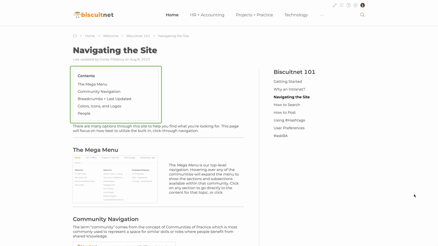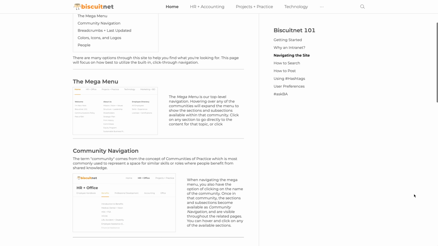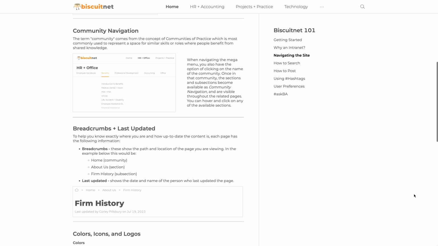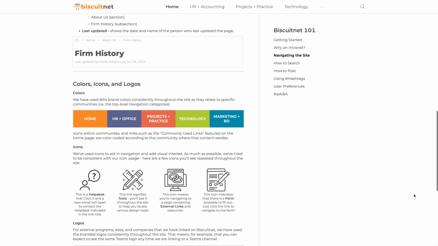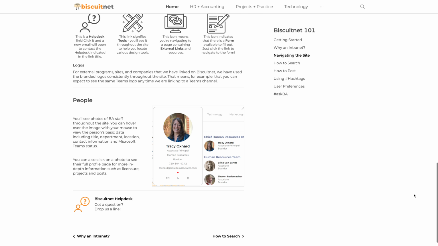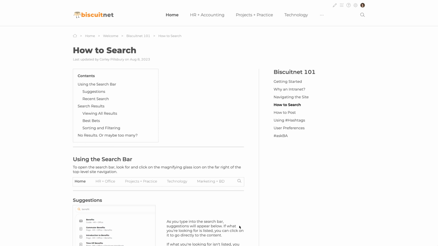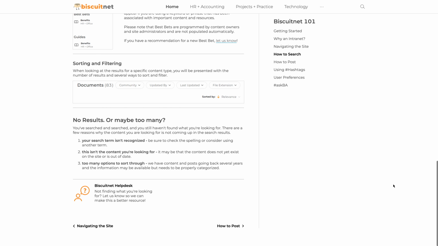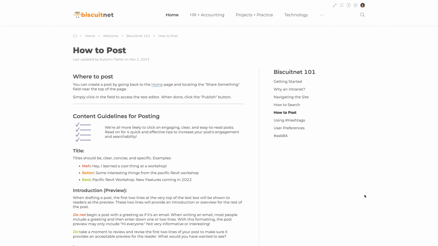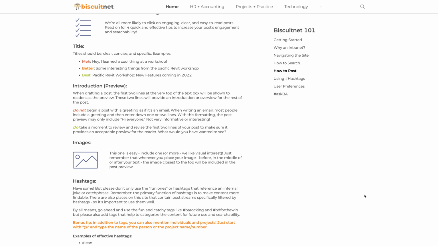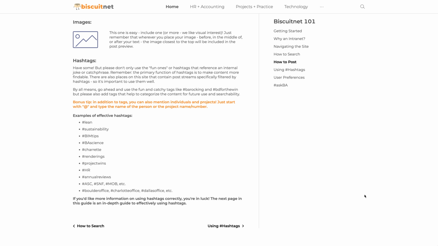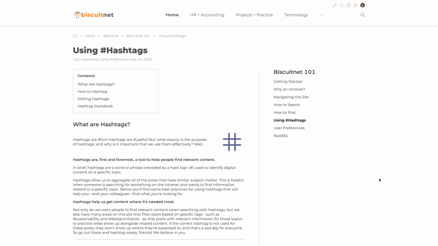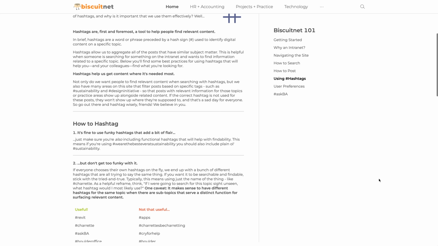Navigating the site starts with a table of contents block, which automatically populates based on the applied heading styles below it. The page uses a combination of images and screenshots to provide instruction on site navigation. There's a page on using search, instructions and tips for how to post, guidelines for using hashtags,